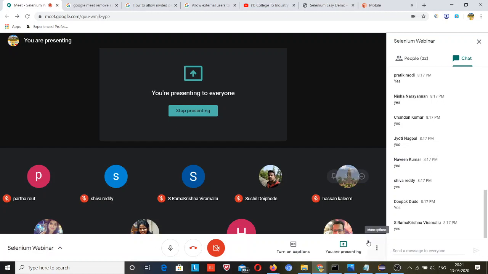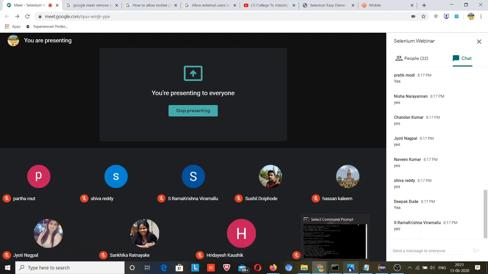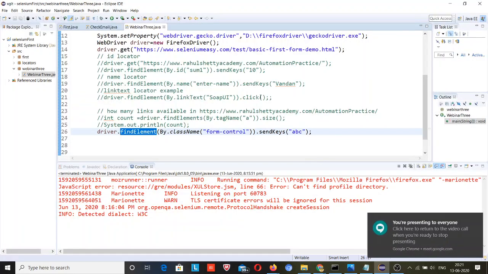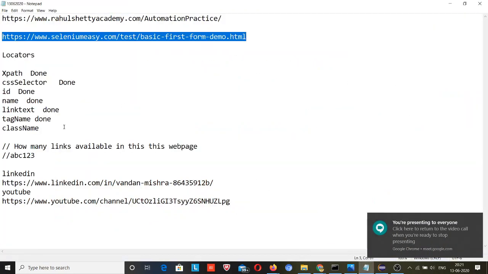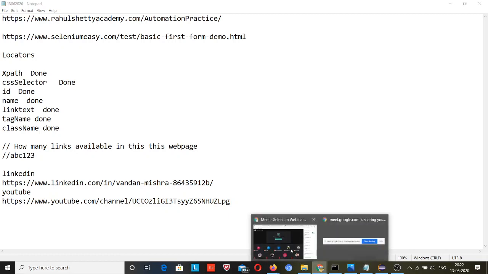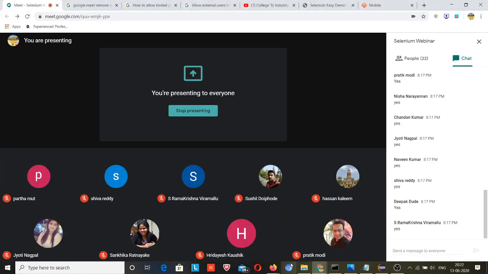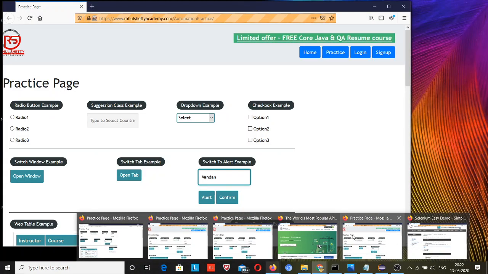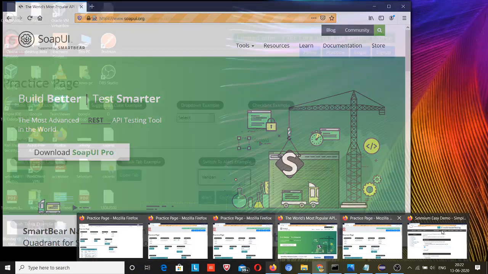Okay guys, let me show one more thing. Step by step I have told you, and let me note here that class name is also done. One by one I have shown which kind of problem arises. These are the Firefox windows open.